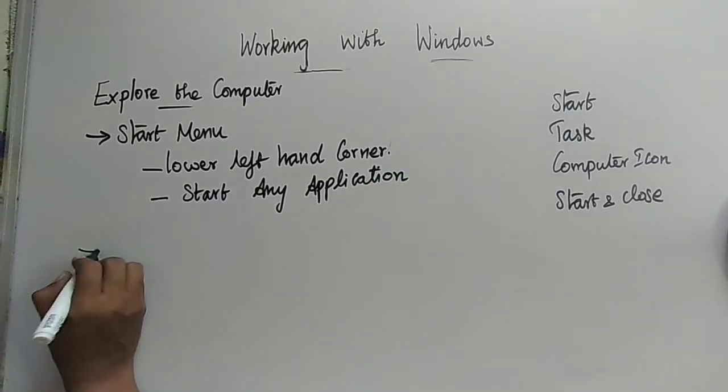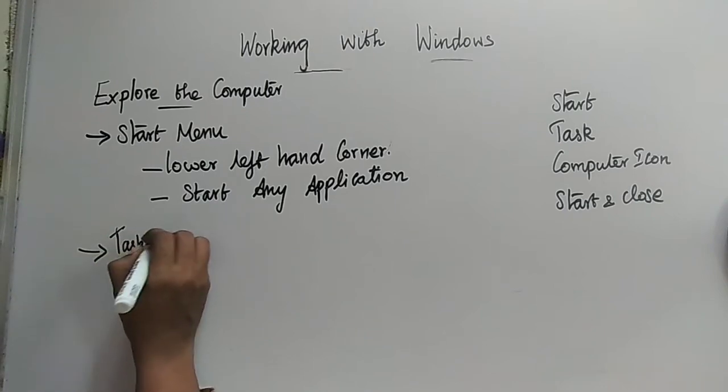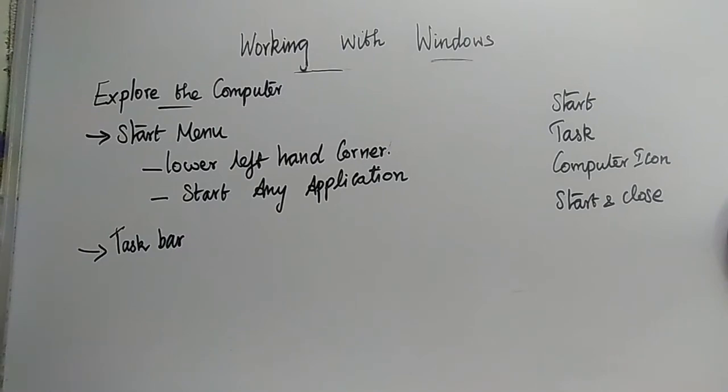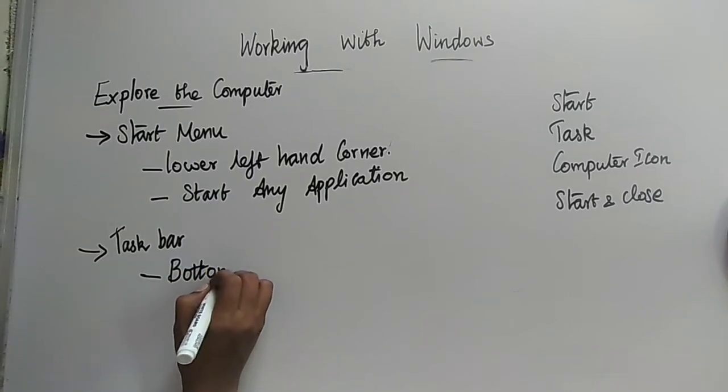And next, you are going to have the taskbar. By the name itself, taskbar, where task means work, no? So whatever work you are going to do, everything will be displayed in some area for you. Work that you have already done, or are going to do, or is going on, everything will be displayed on the taskbar for you. So where is the taskbar seen? Yes, it is seen at the bottom of the screen.